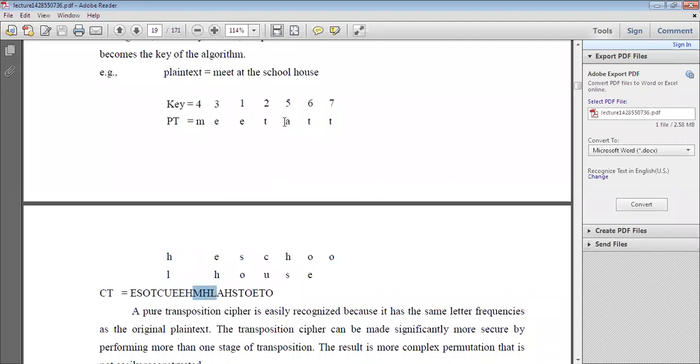And the fifth one, AHS. Sixth one, TOE. Like this. And the seventh one, TO. So in this way, the original plain text we have to convert into ciphertext using the key 4312567. Using this key you have to convert the plain text into ciphertext. Clear? This is regarding this.